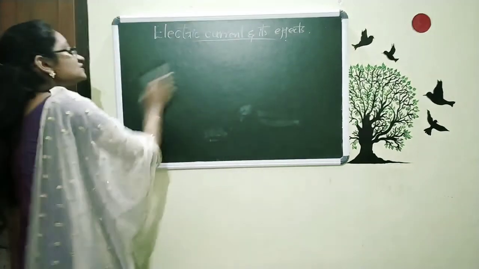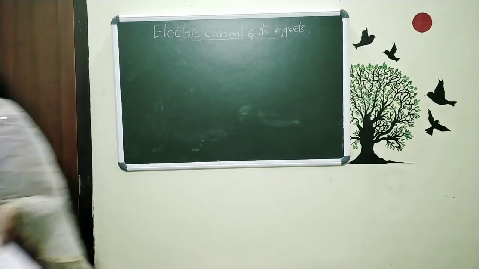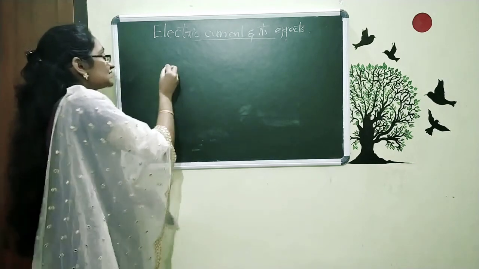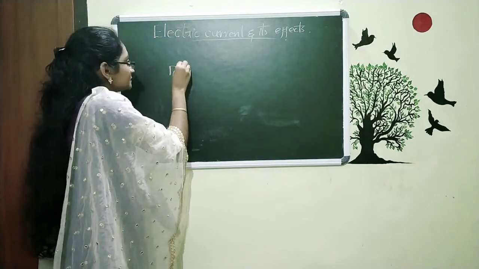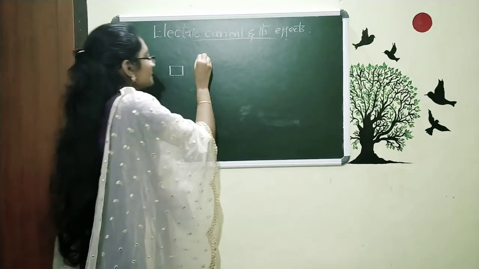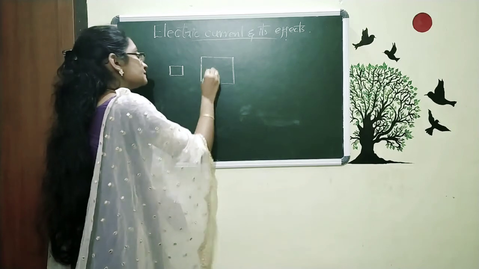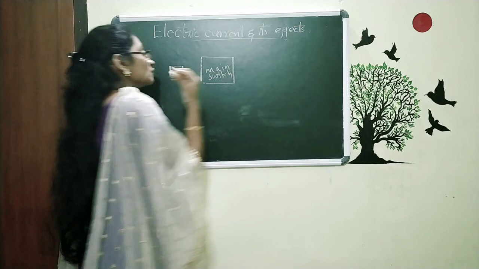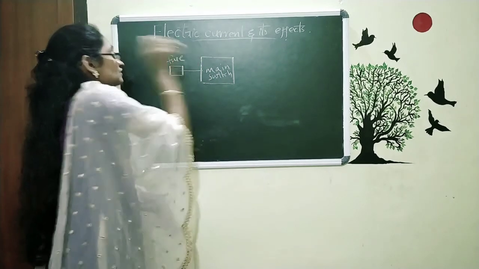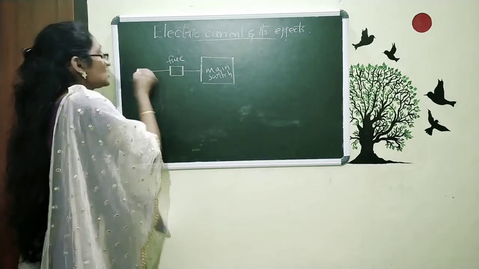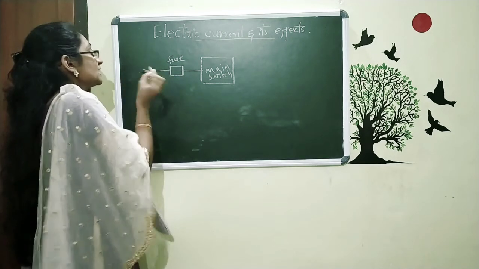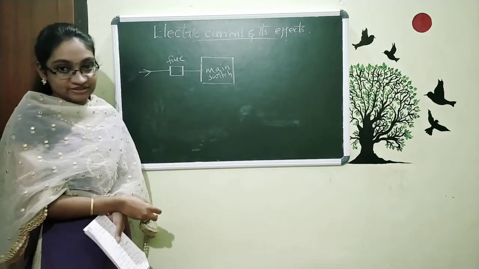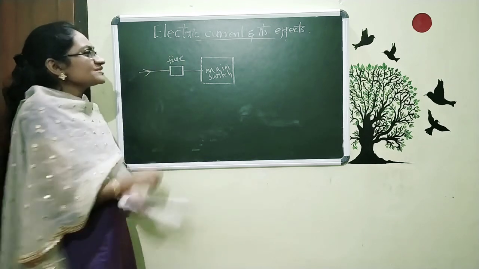Generally, you can see this fuse in some of the main electronic devices and also in our main switches. Generally we connect this fuse in front of the main switch. That means for the main switch, we connect a fuse before it. When the electricity flows, it will first go through this fuse and after that it will reach the main switch. So, why are we using this fuse?